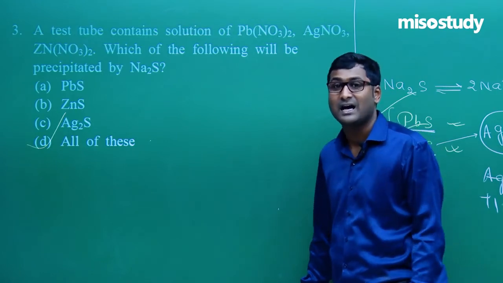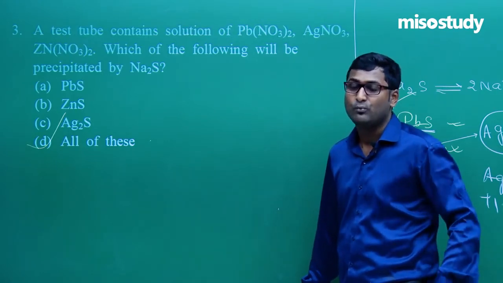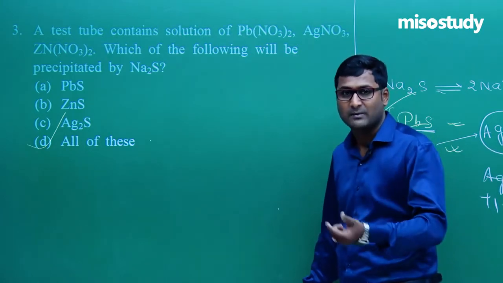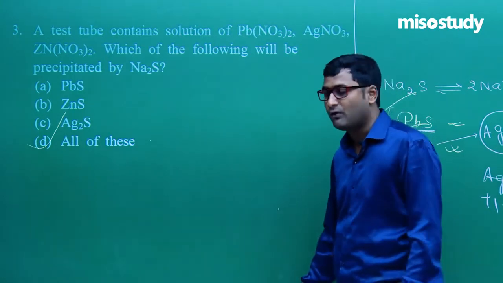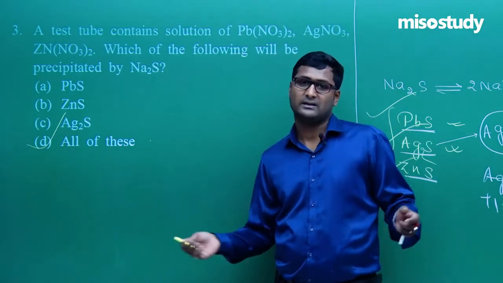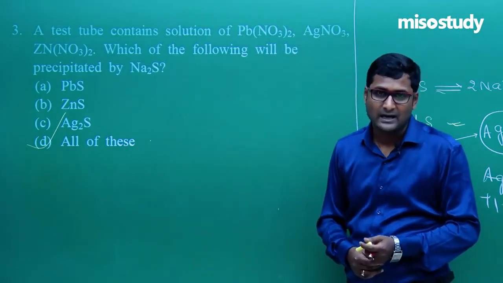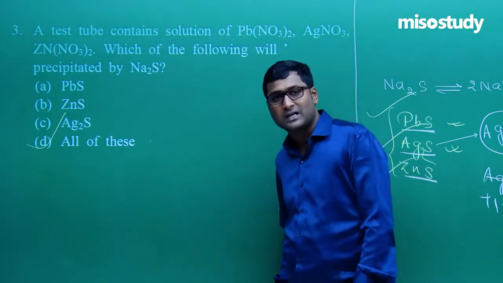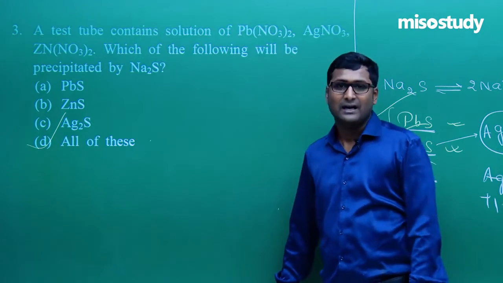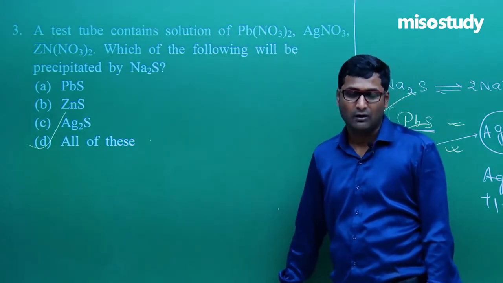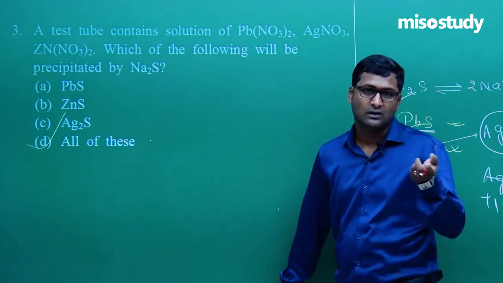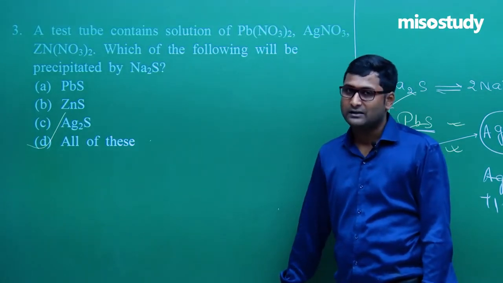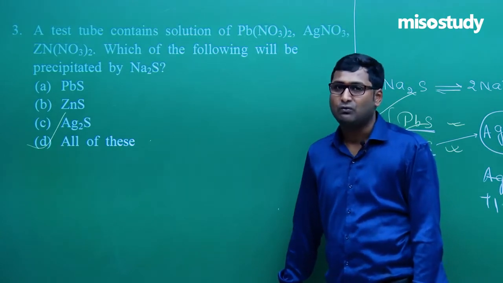Anions are subclassed as group 1 and group 2. These are just a hypothetical classification, not an experimental one that says this is the correct one. So for convenience we have separated these radicals. Remember this. And after finding the anions that a salt contains, then we find the cations. Cations are categorized, we all know, 1, 2, 3, 4, 5, 6, 0. Remember? So in salt analysis what we do is find the